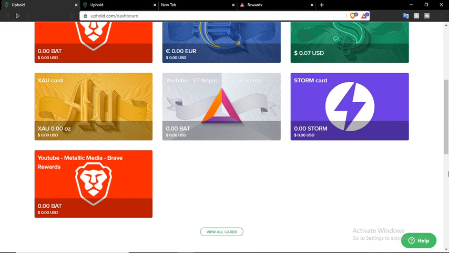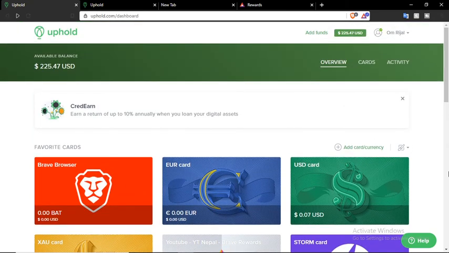It's my choice. So if you haven't downloaded and started using Brave, it's the right time, because the price of the BAT token is at a medium level. After this corona is gone, I am sure that it will be at a price of $0.25. So you can earn a lot of money by using Brave browser. So I request you to download and start using Brave.